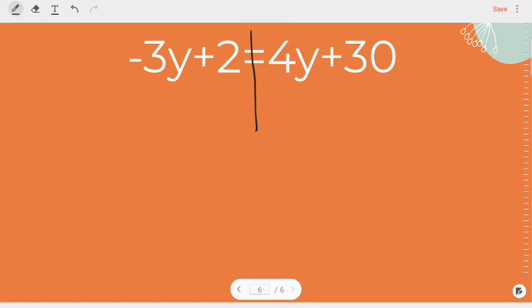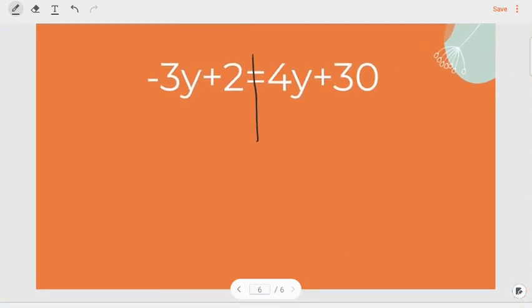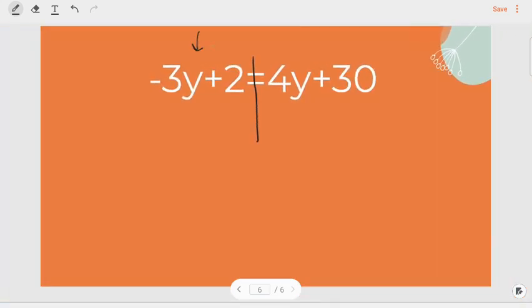I want you to try this problem on your own, pause, and when you're ready to check your answer, press play. All right, let's go ahead and check your answer. I look at my two sides. I see that there's variables on both. There we go, and there we go. This is bigger. 4 is bigger than negative 3. So,